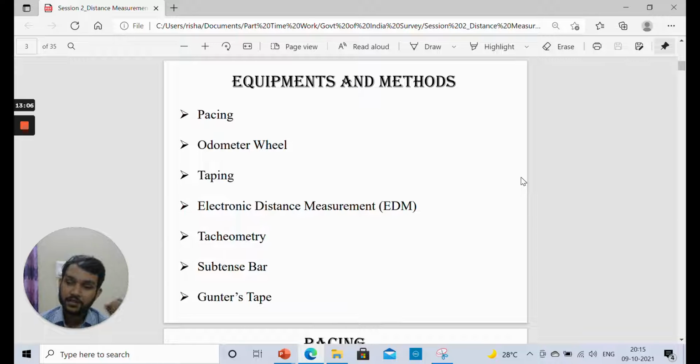And the circumference of the wheel was 2 meters, suppose. If the circumference of a wheel is 2 meters, which we can easily calculate knowing the diameter or radius of the wheel, and the total number of revolutions that wheel does is, suppose, 200 for any data. Then what will be the total distance? It will just be the total number of revolutions multiplied by the circumference, because in every one complete circumference, one revolution is completed. As soon as it completes 200 revolutions, it means 200 into circumference will be the total distance traveled by